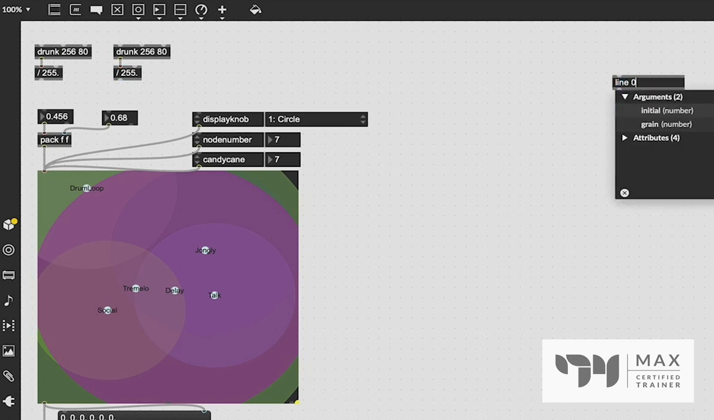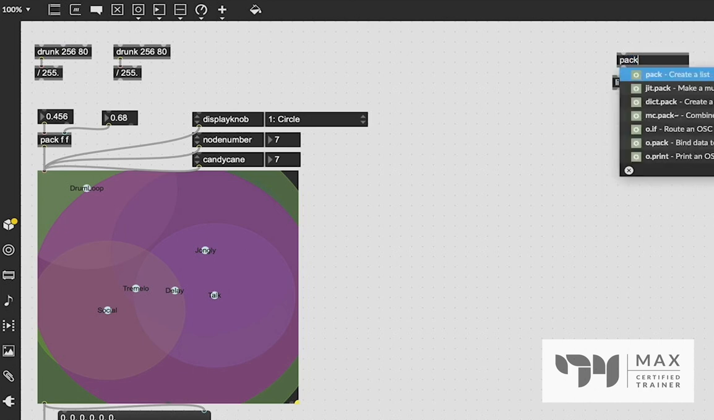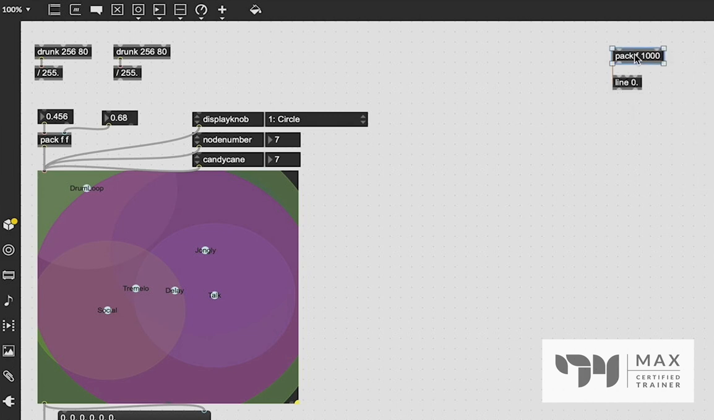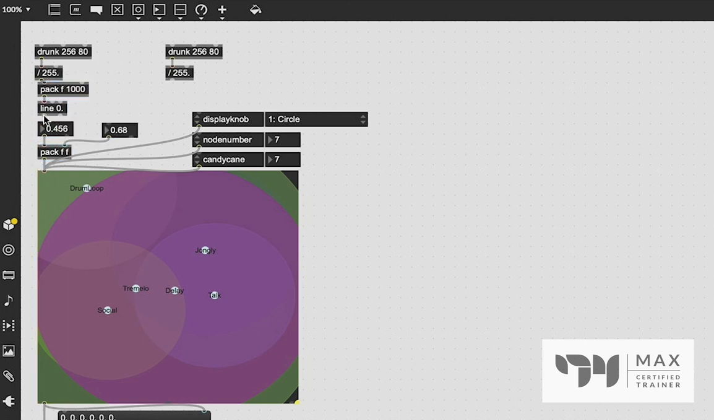We're going to create a line object. We're going to say 0 with the decimal point, so it recognizes floating point numbers. We're going to create another pack object, say F, and then 1000. That will create a ramp of 1000 milliseconds. So whatever this outputs will go through this pack object. It'll take a full second to get to that value from the previous value, and that will be our X and our Y, and we'll just trigger this to update